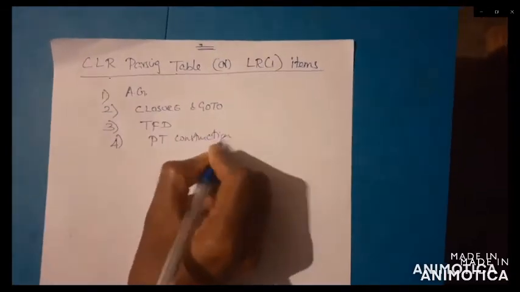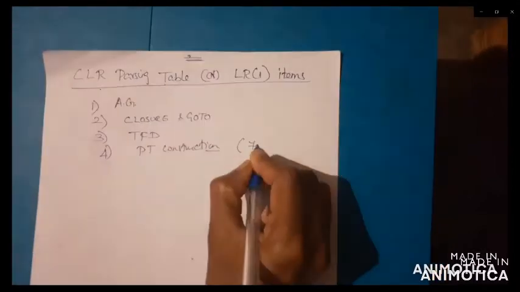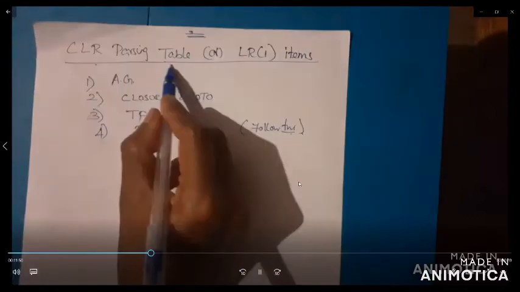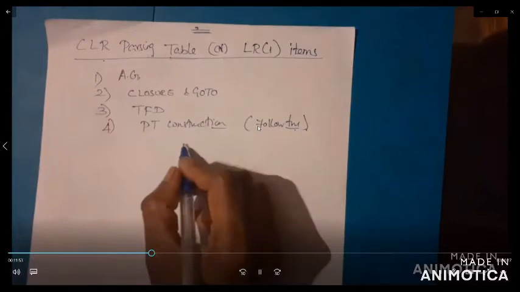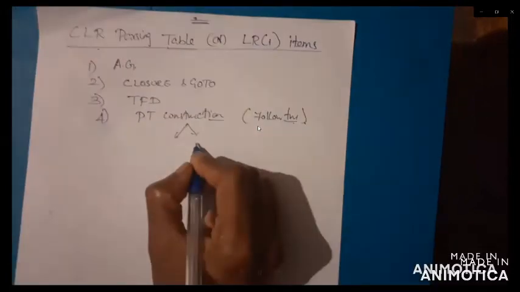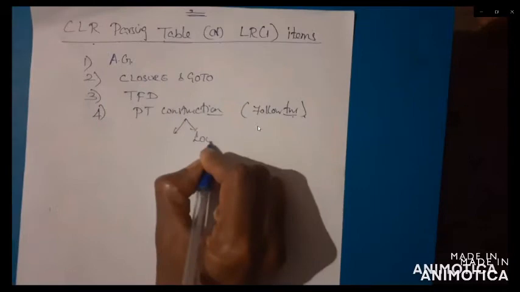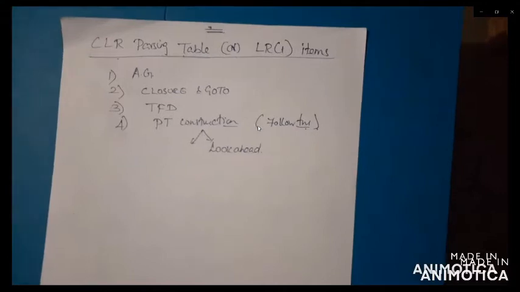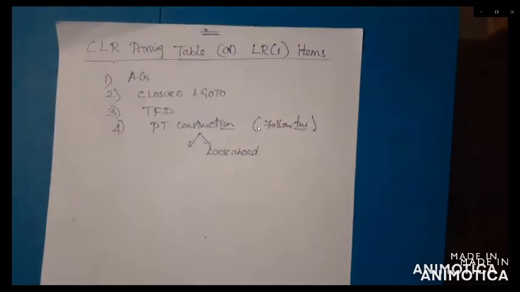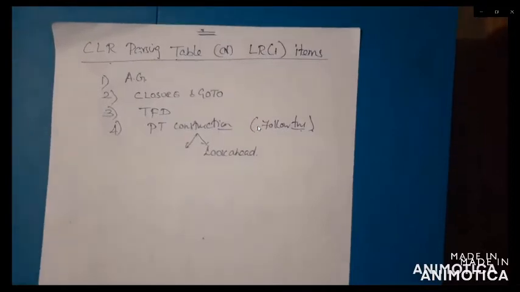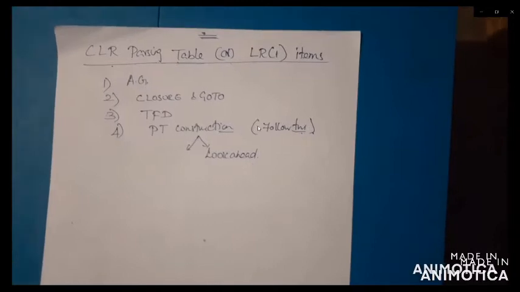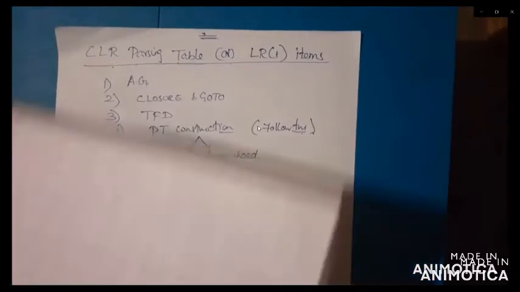Here, no need to check the follow function. It's not required because you are doing the CLR parsing table. You are doing two things: one is LR(1) items, and second, you have to check the lookahead functions. Based on the given grammar, you do the parsing table construction. After that, you have to construct the lookahead symbols. So what is a lookahead symbol? How to find the lookahead symbol? This is for the CLR parsing table algorithm.